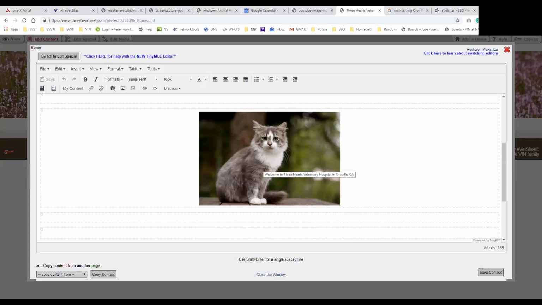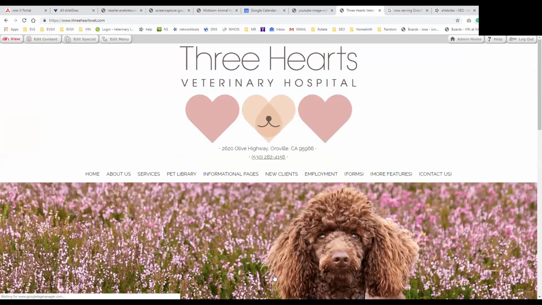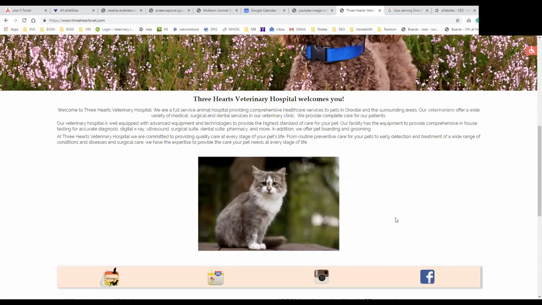Here is, welcome to Three Hearts Veterinary Hospital in Oroville, California. There were some other communities that the doctor wanted me to put in. This is where I would put them in, and I would reinforce them. Even though you may not see this text, you're not going to mouse over it, maybe it doesn't display,